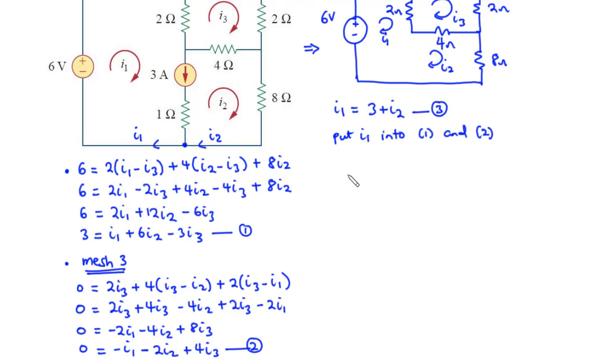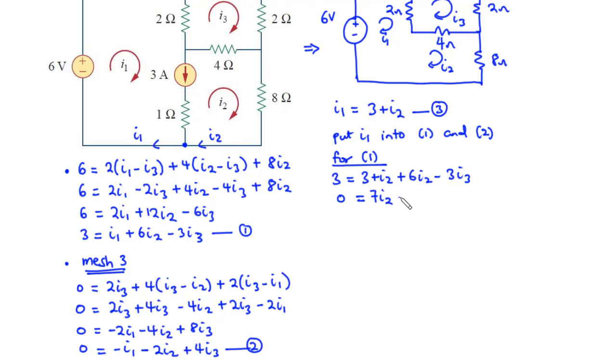So for equation 1, we have 3 equals, now in place of I1 we have 3 plus I2 plus 6I2 minus 3I3. So we transpose 3 to the left hand side. 3 minus 3 is 0. So we have 0 equals